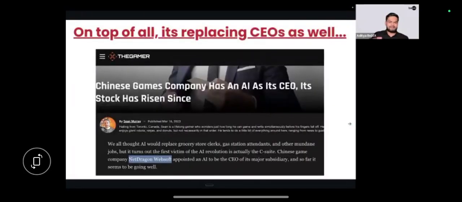That's what AI is. And if you think, I'm a vice president of my company, I'm a director of my company, my dear friend, a major Chinese gaming company replaced their CEO with AI and it performed great for them. NetDragon Websoft, you can search about it. They replaced their CEO with AI and their stock is appreciating and everything is working well. Just imagine, if a CEO can be replaced with AI, just imagine what is going to happen to entry-level jobs, what is going to happen to mid-level managers, right? That's the reality of 2026, right?